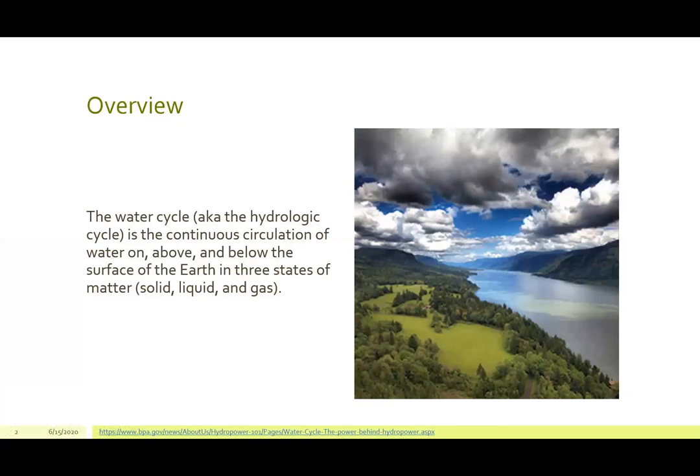The first question is, we're talking about the water cycle. What is the water cycle? The water cycle is known as the hydrologic cycle, which is a continuous circulation of water on, above, or below the surface of the earth in forms of solid, liquid, and gas. Why is this important? Because the water cycle regulates the temperature, changes the weather, creates rain, and helps convert rock to soil and circulates important minerals.